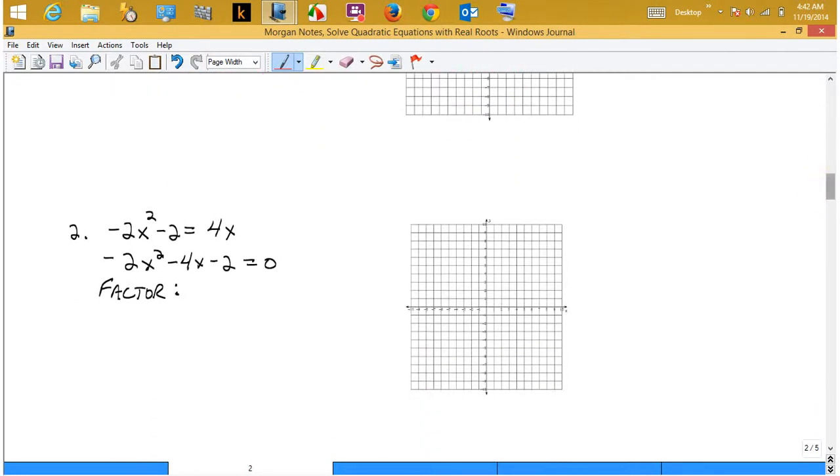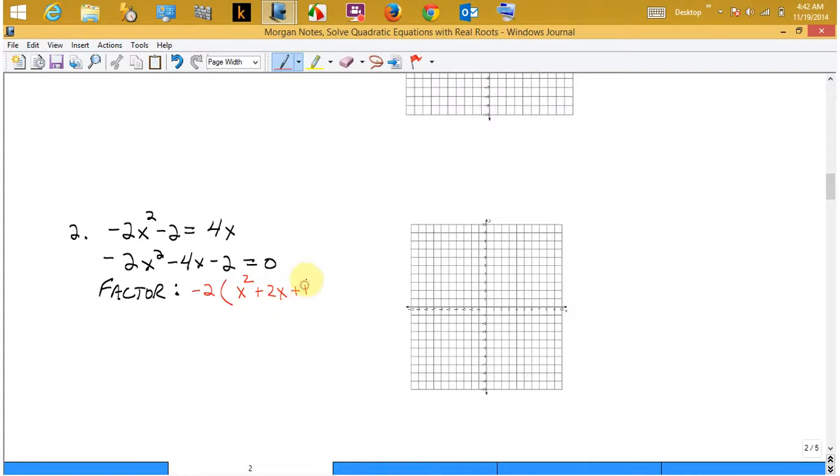Okay, here's another one. And let's go ahead and do this by graphing. And what we need to do is get the 4x over on the other side of the equation. So it would be negative 2x squared minus 4x minus 2. Then the next thing I'm going to do is factor out a negative 2. And that's going to give me x squared plus 2x